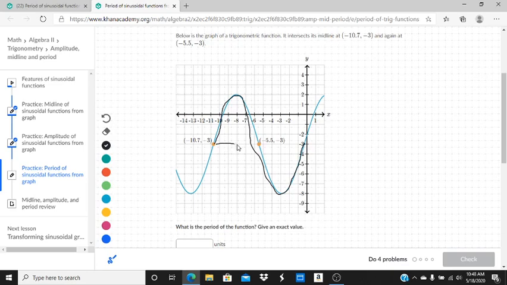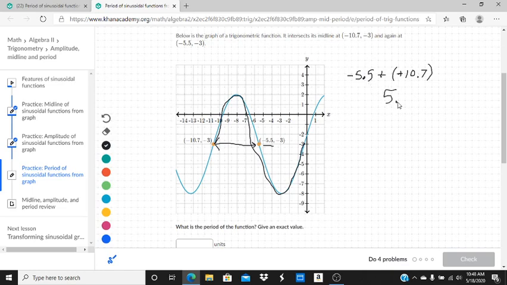So this distance here is actually going to be half the period. And we're going to take the distance of the x value. So we're going to take the higher x value, negative 5.5, and we're going to subtract the lower x value, negative 10.7. So that's like adding a positive 10.7 when you subtract the negative. And that's also like 10.7 minus 5.5. So that gives me